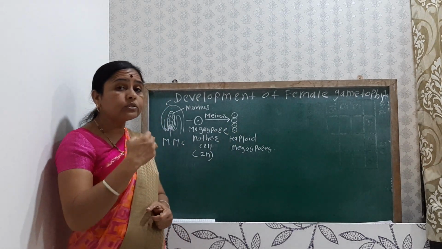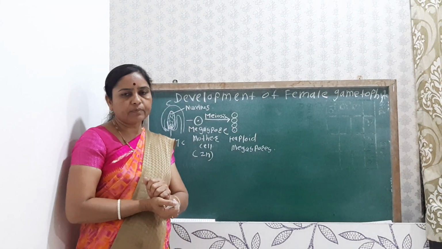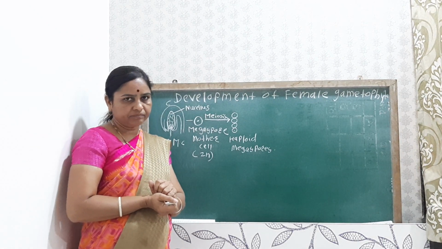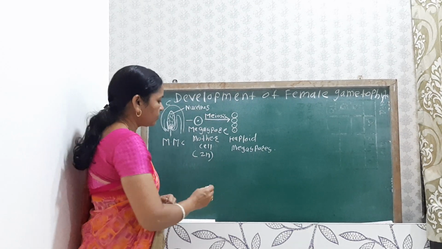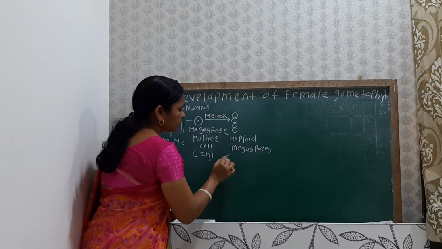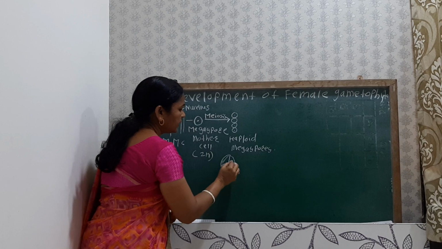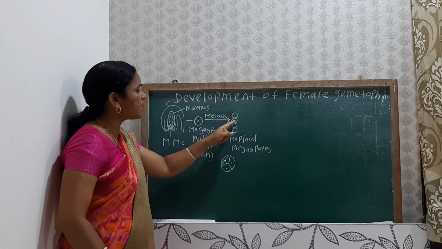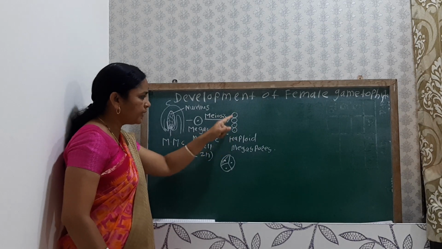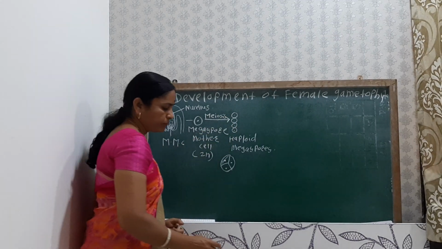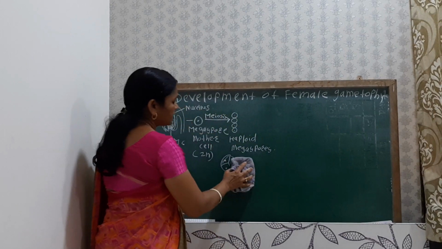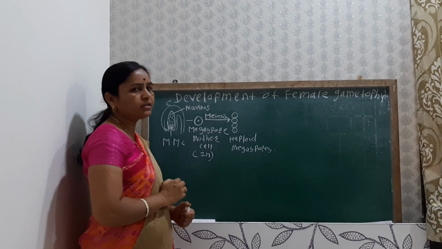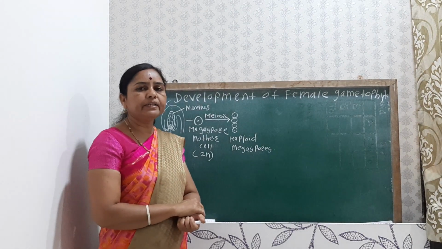While we have seen that when the microspores are produced inside the pollen grain, they are produced in a tetrahedral tetrad, that is, they are produced like this. This condition is known as tetrahedral tetrad. But here the megaspores are arranged in a straight line, that is, they are linear. So 4 megaspores are produced, known as a tetrad, but they are arranged in a linear manner, so it is known as the linear tetrad.